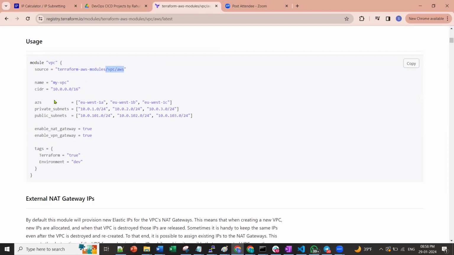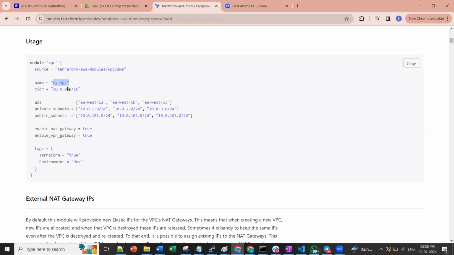We will be calling this module, and while calling it, we will pass some variables. These variables go as arguments when you call this module, and it will perform the task of creating a VPC